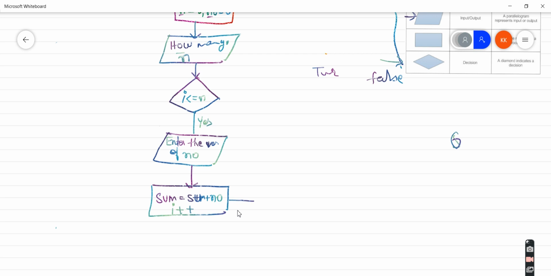After doing this, I want to go again to this line of code. So if I value is going to be 1 to 10, 1 to 5, 1 to 6, 1 to 8, it can be anything. If it is less than that, then it is again going to do the same procedure.